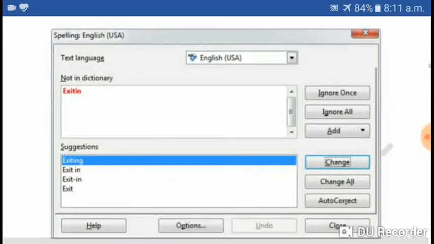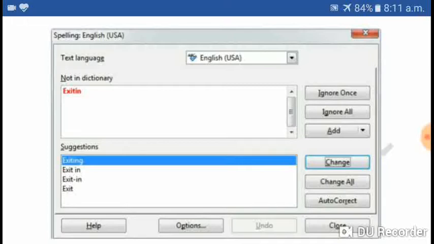You can see the spelling dialog box. The word which we have typed wrong will be there in the Not in Dictionary box. Yes, you can see the Not in Dictionary first box is there.